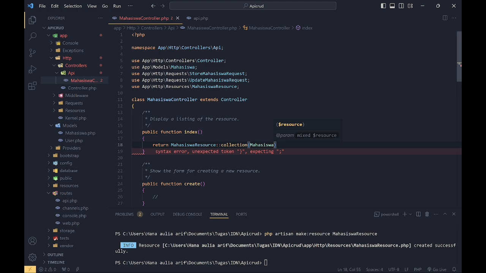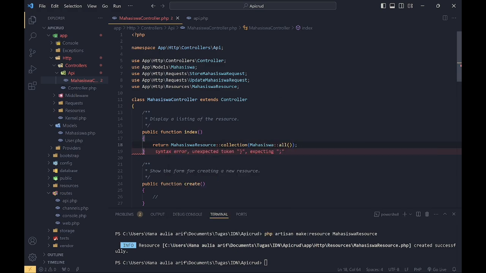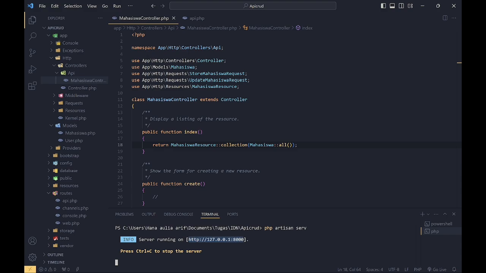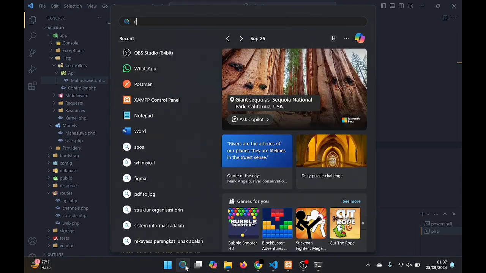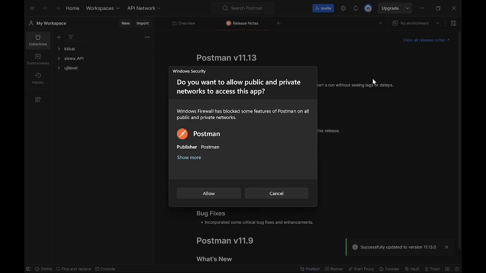You should use App HTTP resource Mahasiswa resource first, but in this file it is automatic, so I don't type use HTTP mahasiswa resource. And then we serve this Laravel, and then I copy this HTTP address, and then I open Postman.